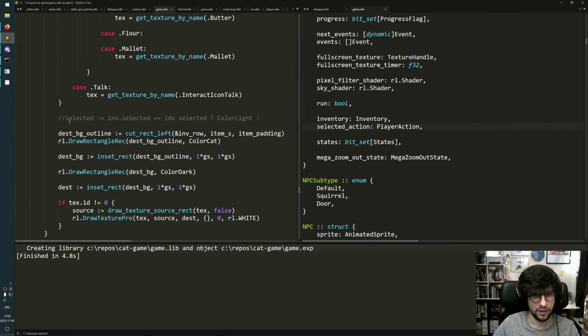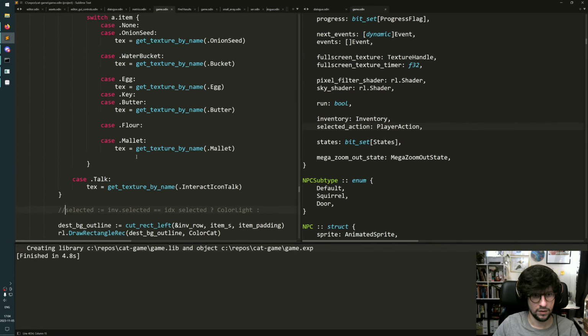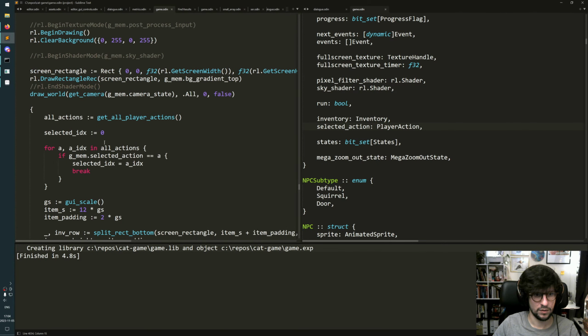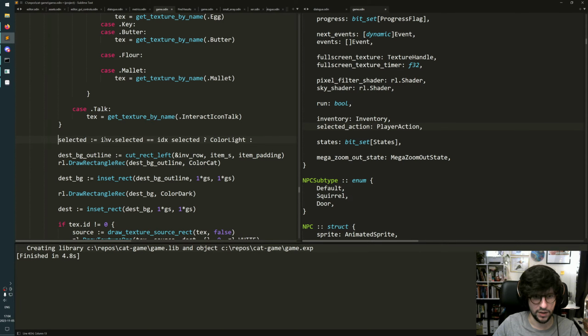And then I can go in here and I can also, selected is just if idx, so if selected index is the index, then